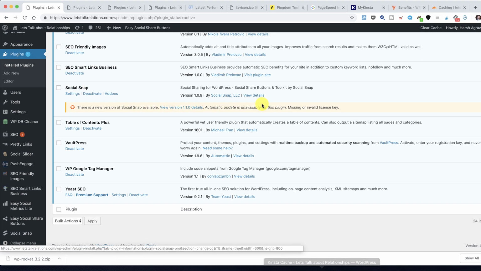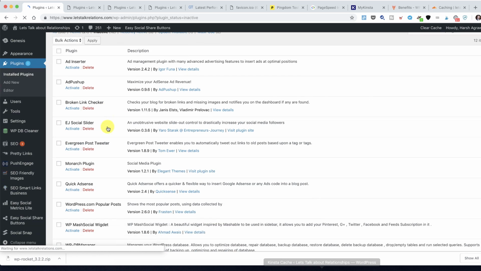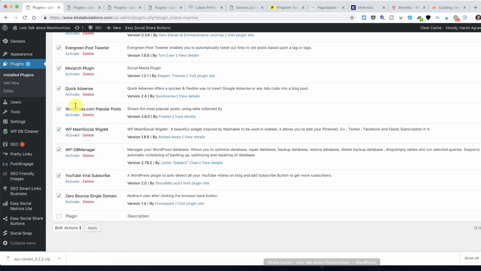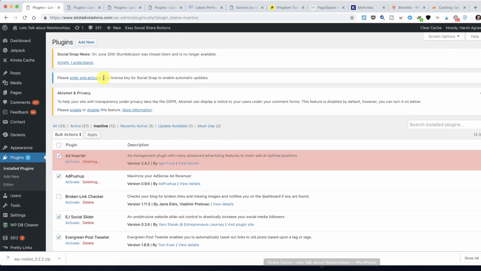Okay, this is a new plugin. I need to add the license key and I'll update that. WordPress, Tag Manager, Yoast SEO. So everything else looks good. Inactive. Okay, so we're gonna remove Ad Inserter, Ad Pusher, broken, I'm gonna keep it. Monarch, I'm gonna remove. Okay, so I'm gonna delete the rest of the plugins,